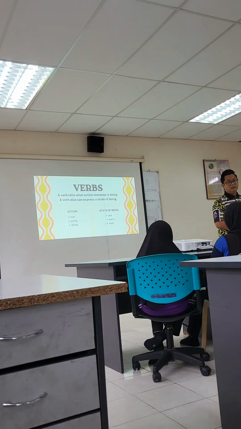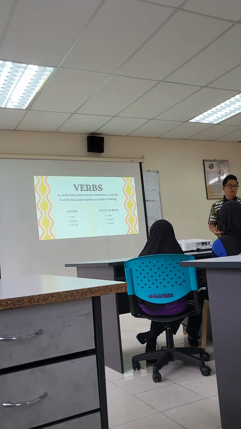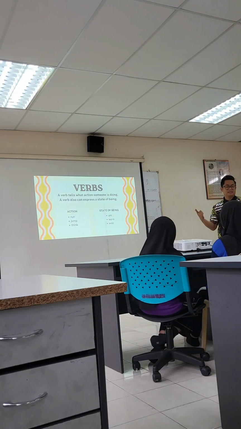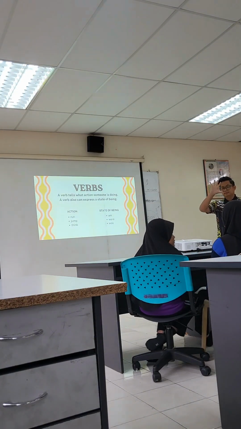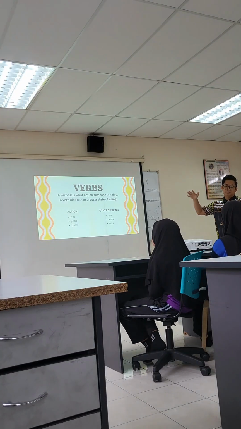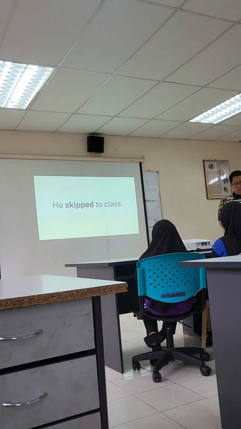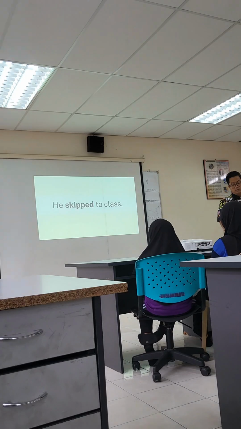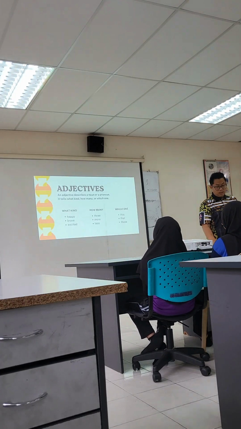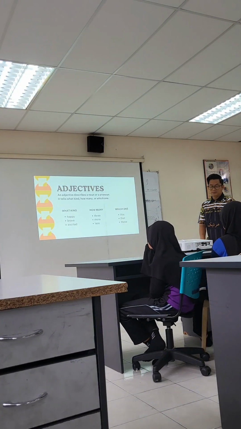Kan? Remember? Verb to be or be verb. Okay, we have is, are, am for present. And we have was and were for past. Okay, so we have five. Is, are, am, and was and were. Basically, these are verbs. Okay. Example, we skipped to the last. What skipped? Mountain. Good. Okay. And now, adjective. What is adjective in Malay?